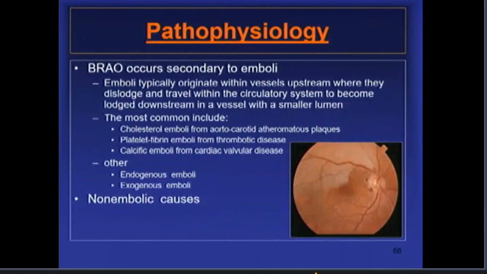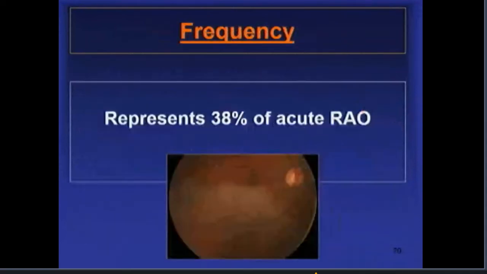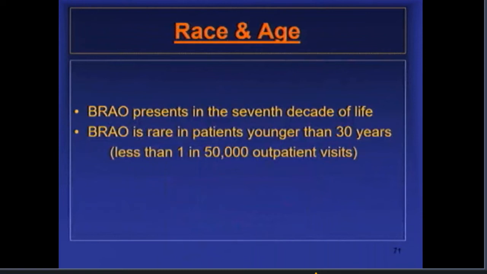Sometimes we have non-embolic causes, and we have to consider them in the patient where there is no risk of flowing emboli. The pathophysiology is almost the same as in central retinal artery occlusion, and usually we have bifurcation sites associated with narrowing of the blood vessels, so the emboli could be lodged there. It represents 38% of acute retinal artery occlusion in general, usually in the 7th decade of life. If it comes in young patients, it is rare, less than 1 in